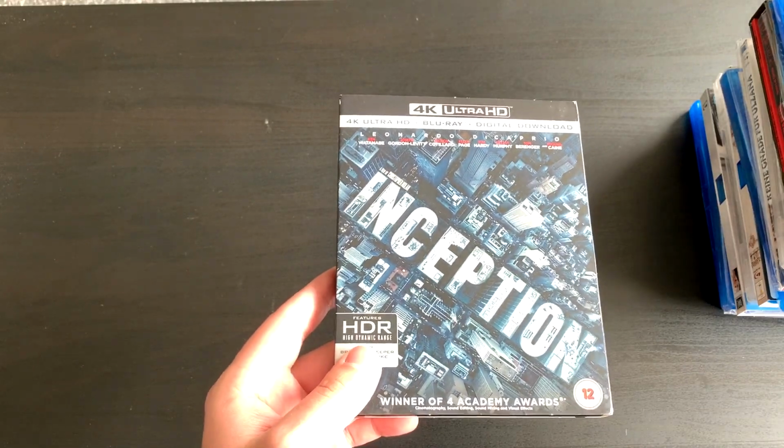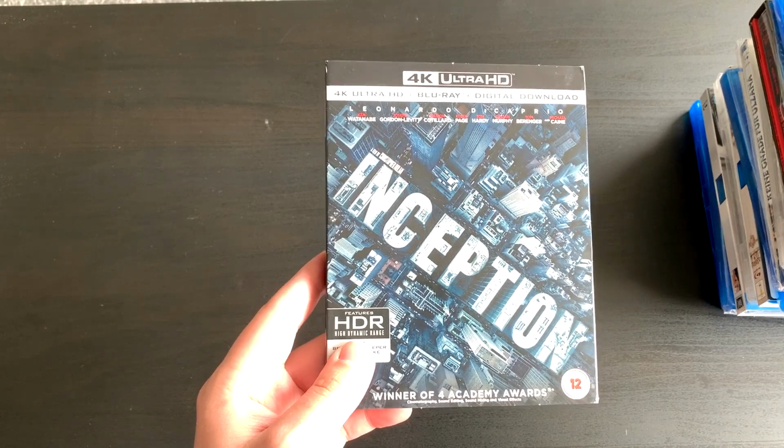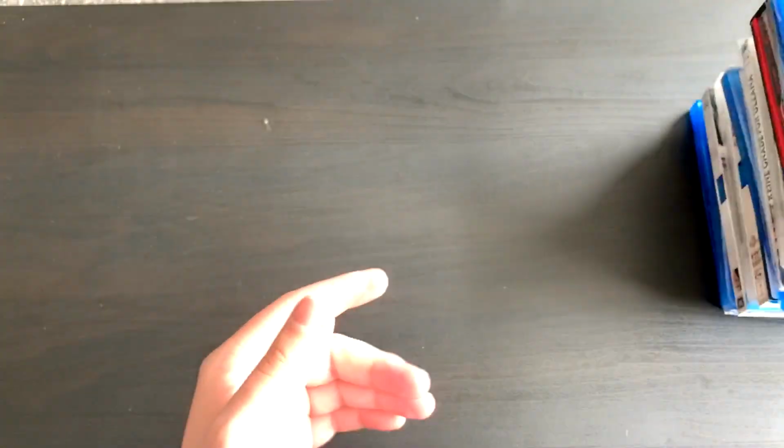But other than that, all the other scenes looked fantastic. And the whole snow scene at the end looked fantastic. So it's definitely worth the upgrade. And